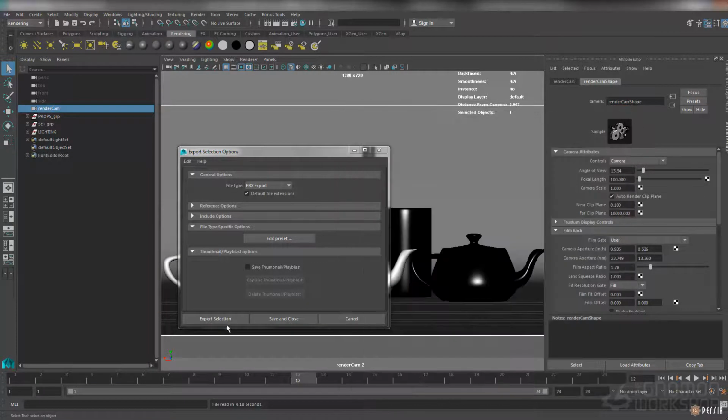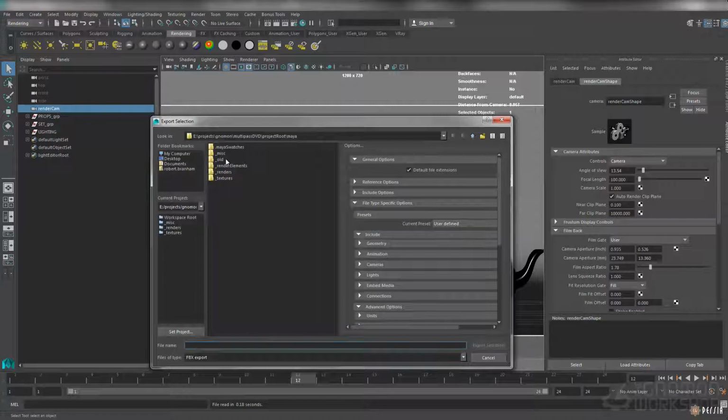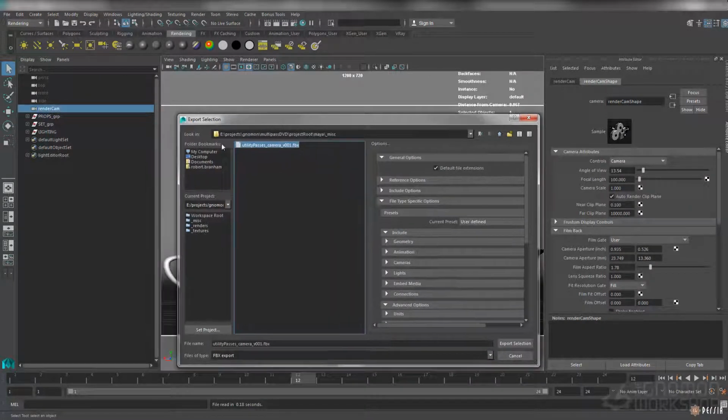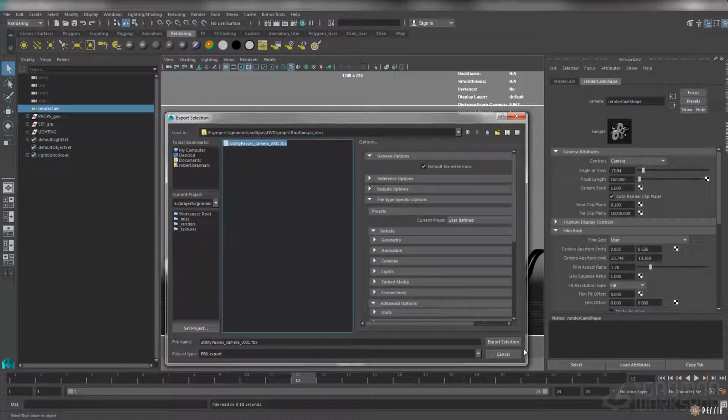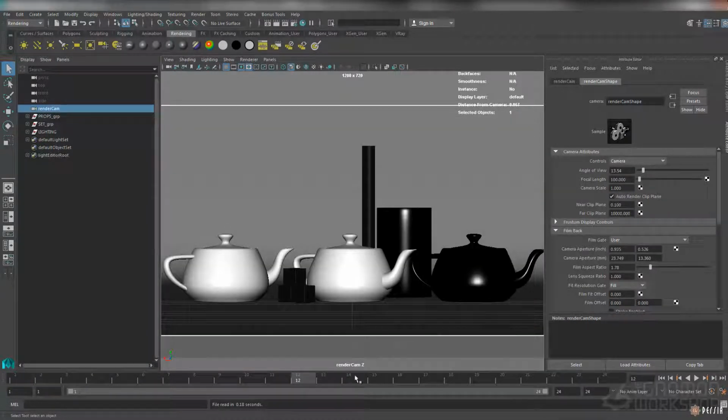So I'm just going to close that out, export selection. I dropped this in miscellaneous, utility passes camera version 1. I'm not going to export it since I already have it exported. And then we'll just do cancel. And then if I jump over to Nuke,